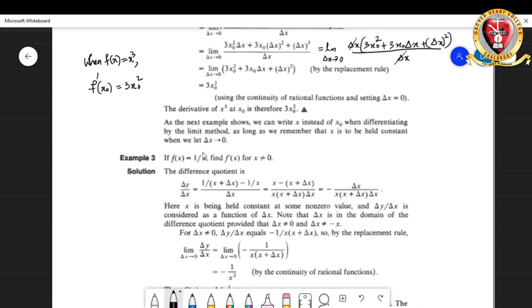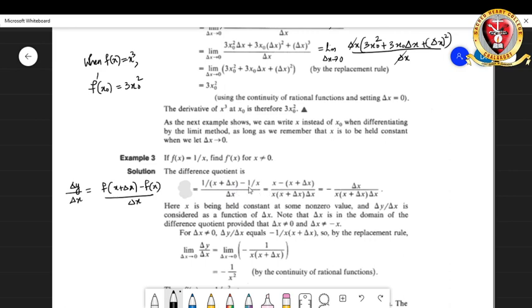So you have delta y by delta x, that is equal to f of x plus delta x minus f of x divided by delta x. So that is equal to 1 by x plus delta x minus 1 by x divided by delta x, equal to,